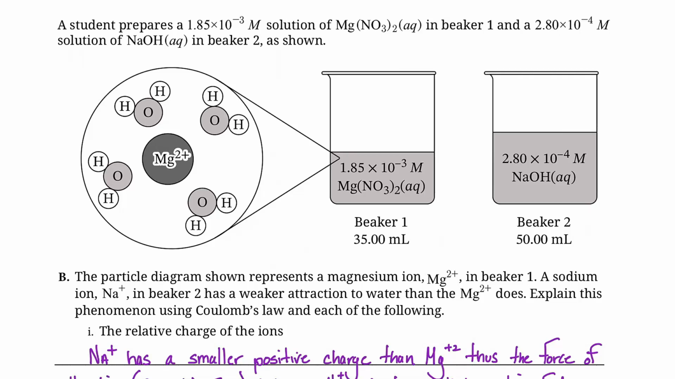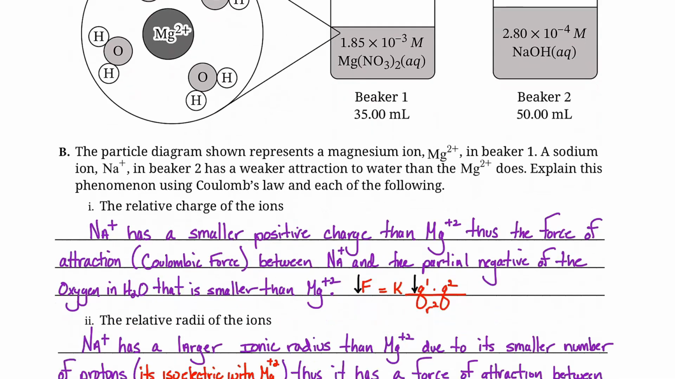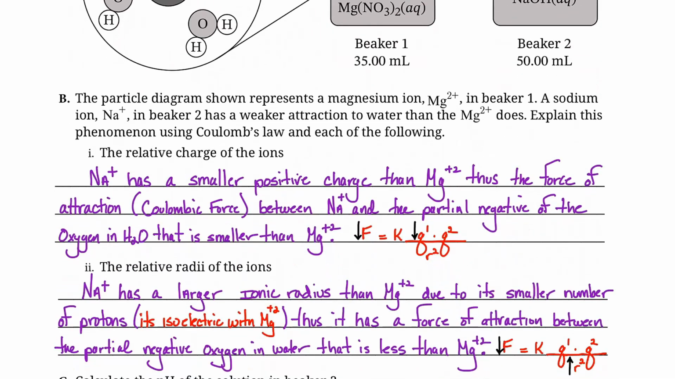They say that a sodium ion in the beaker has weaker attractions to water than magnesium. They're just telling you that; you don't have to figure that out, but you have to support it using Coulomb's law. And if you notice, they give you two ways to describe that. Well, my friends, in chemistry you should recognize that Coulomb's law is based upon